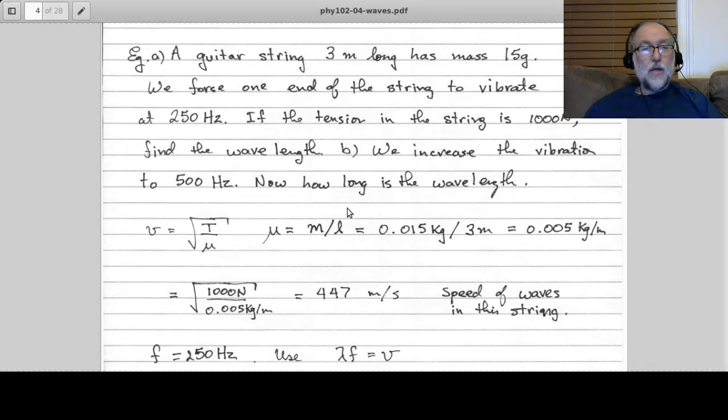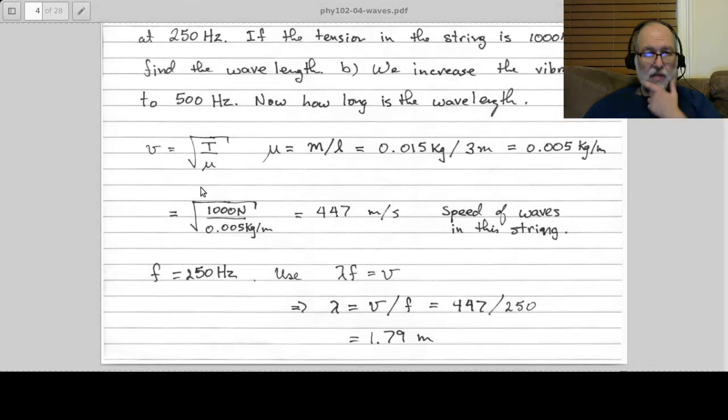All right, so now what I want you to give me is the wavelength. You say, all right, I've got the velocity, I've given you the frequency, is there a relationship between velocity, frequency and wavelength? And yeah, it's this equation here: lambda f is equal to v. And we have that f is 250 hertz. So if we just rearrange this, because we're solving for lambda,